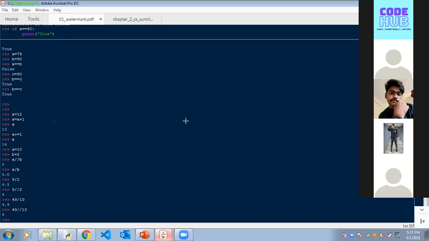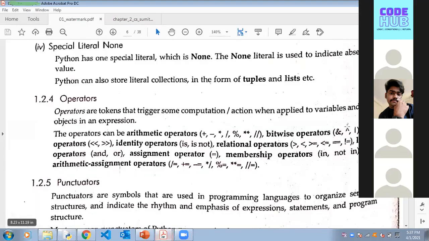So those were arithmetic operators. Bitwise operators are and, this is called or, and this is a not operator. You don't use them frequently. This is only for the sake of your knowing and for your exam point of view. The ones you'll actually use when you do data structures are the basic arithmetic operators and the relational ones. Also, is and is not, you have to remember this identity.